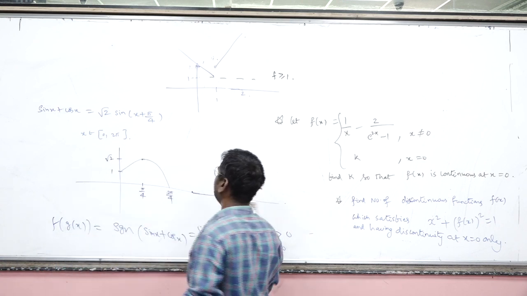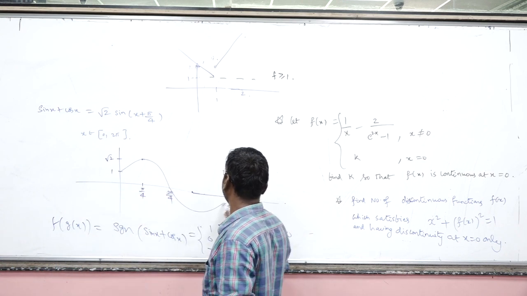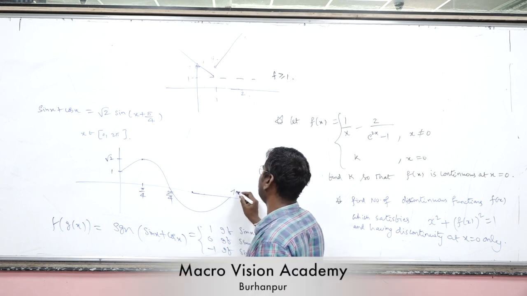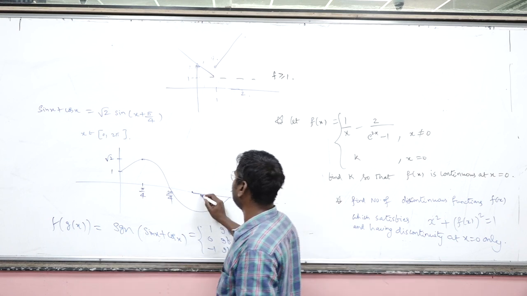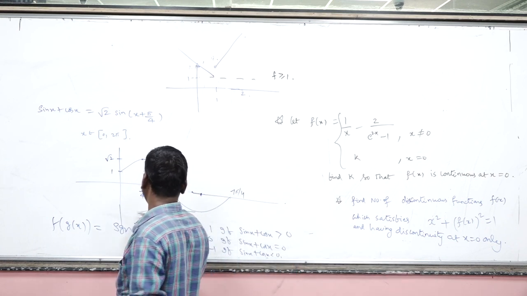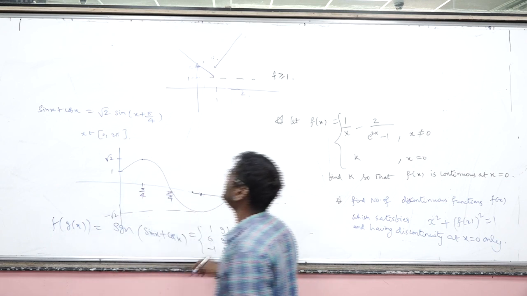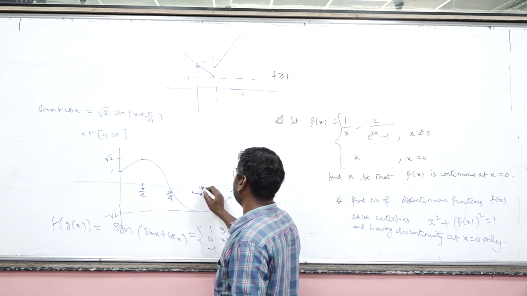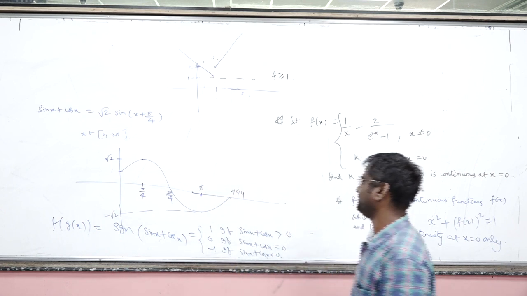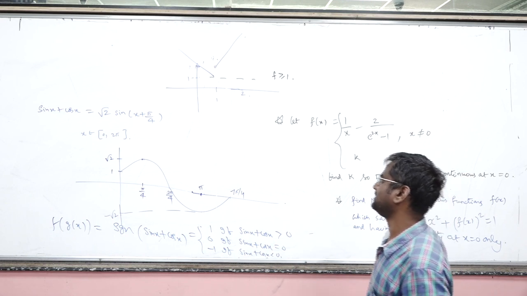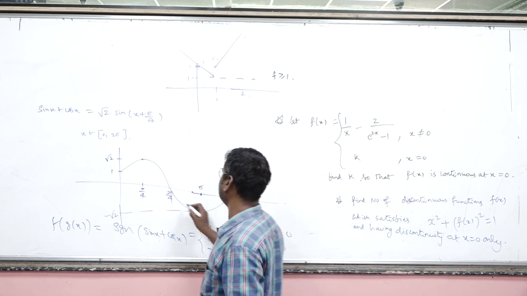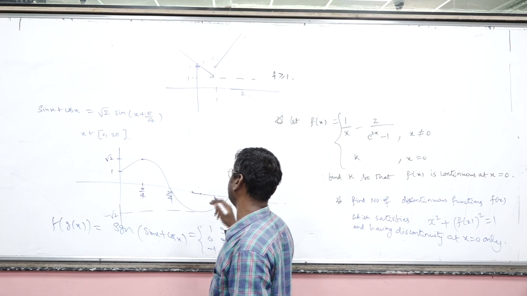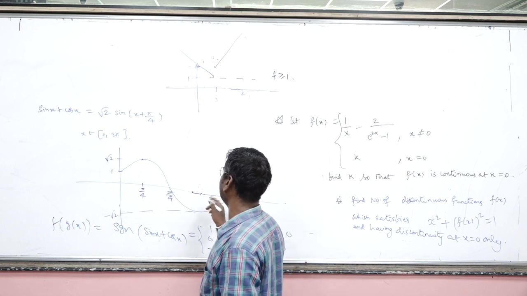Okay, and if you extend this next to 0, it would be like 2 pi minus pi by 4, 7 pi by 4, and the least value that it can take is minus root 2. So this should be x equal to pi, right? X equal to pi, so it is minus 1 at x equal to pi, not this value. So look at the midpoint, 5 pi by 4, more than pi is the midpoint.